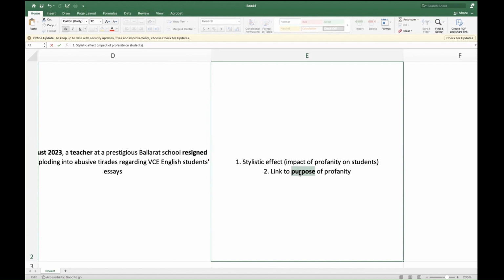Can you see that? So bad profanity, you link it to purpose. Or why was it criticized? Because when there's a professional tenor between teachers and students, there's a social expectation of politeness that they need to uphold. And when they use profanity, they're eroding the very trust, the very professionalism that lies between teacher and student. Something like that. You will just write there.